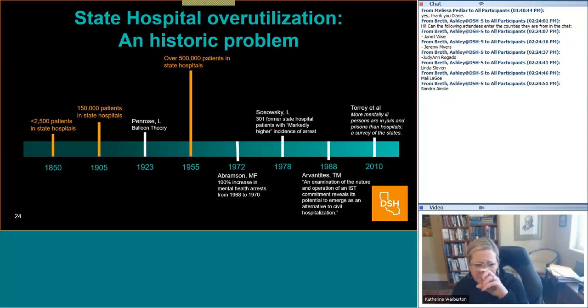Starting in the 1850s, I'm going to just do the United States here, that's when asylums or state hospitals were built in this country. That was in response to just pretty horrific conditions that people with serious mental illnesses were living in. There's lots written about individuals being kept in cages, locked in jails, chained to walls throughout the world